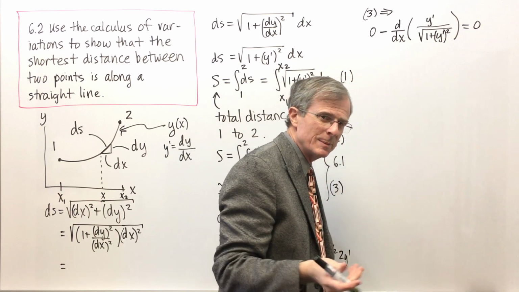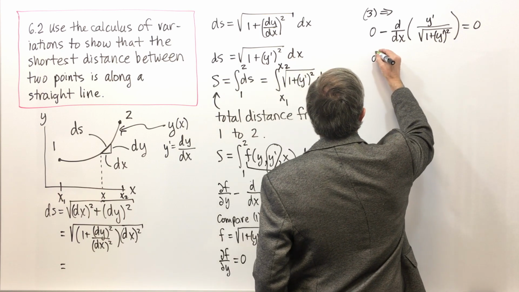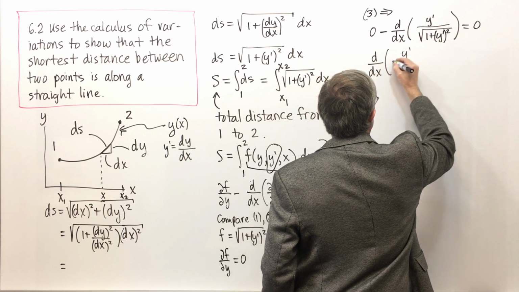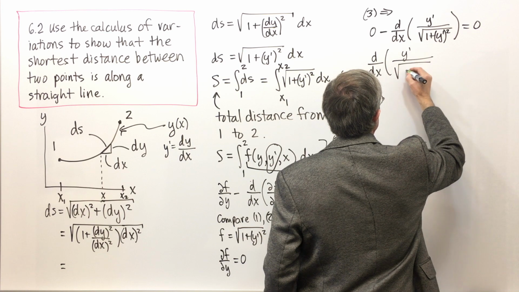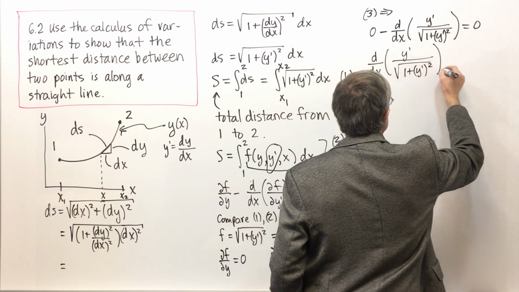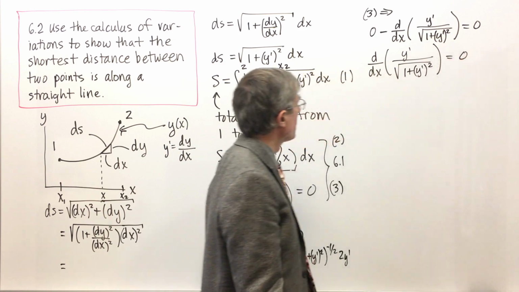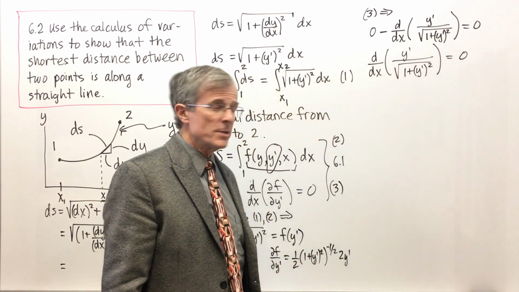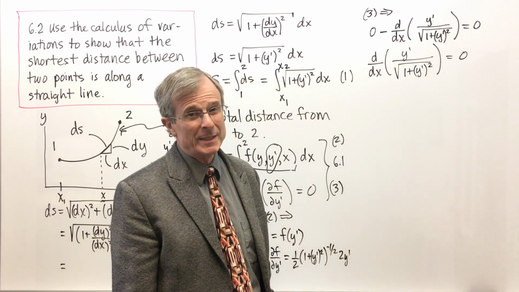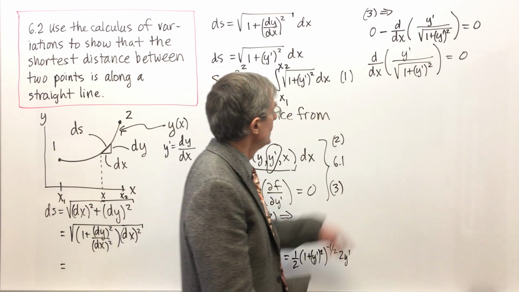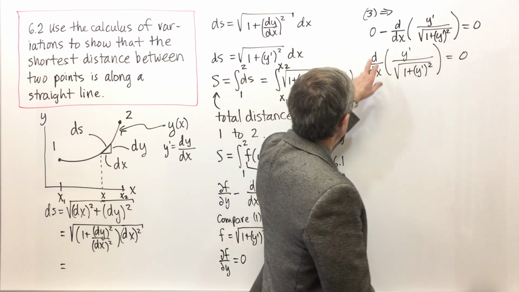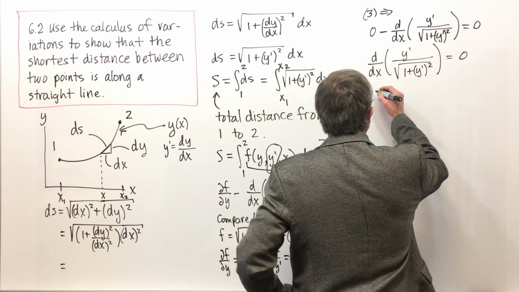Let me multiply both sides by a minus sign, and we just get d by dx of y prime over the square root of 1 plus y prime squared. And that's supposed to equal 0. Can you integrate that equation? Yes, you can. Suppose I multiply both sides by dx and then integrate. Multiply the dx times 0, that's just 0. And then we have dy prime